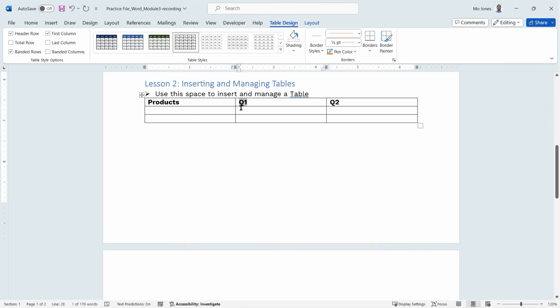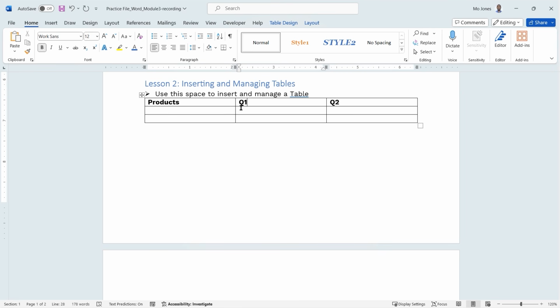We can press the tab key to navigate the different cells here. We can also use the arrow keys, up, down, left, right, and so forth. If you continue using the arrow keys, though, it will extend beyond the table. So the simplest way is maybe just to click on a particular cell. I'll go ahead and add a product here. I'll say Immune Boost